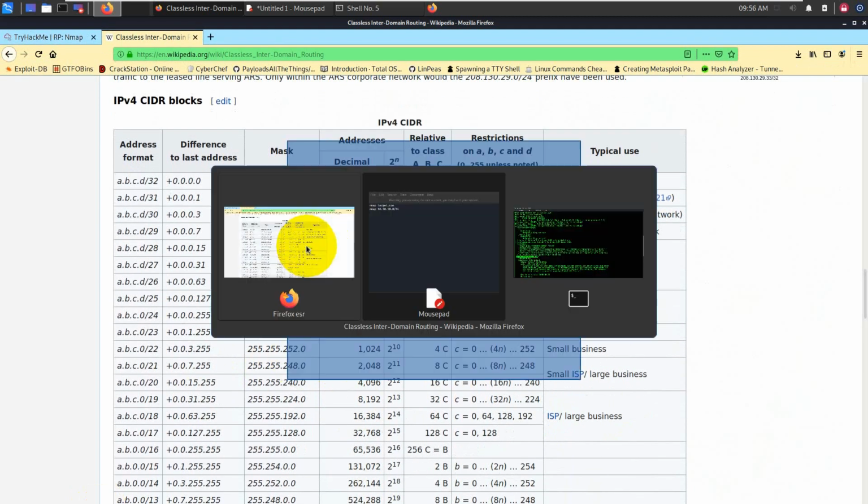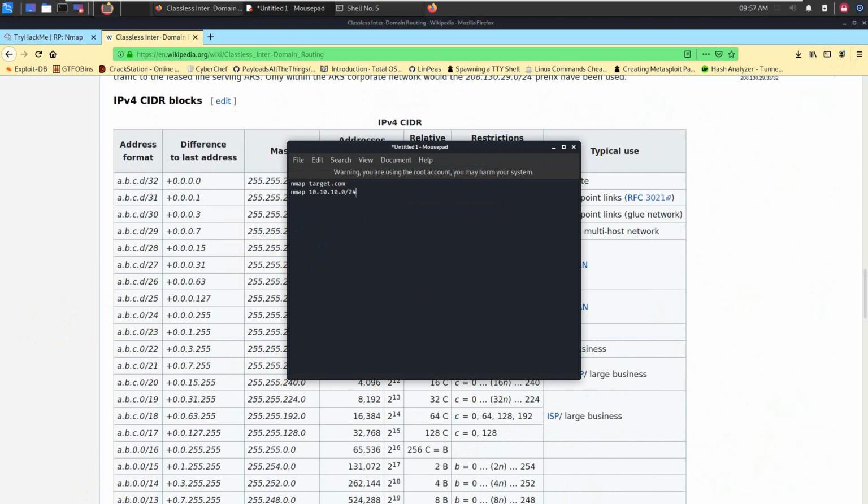So let's go back to our terminal or the text editor. There are also some commonly used nmap scans for a particular range of IP addresses. That can be like, let's say I'm scanning from a 20 to 24 range, like 20, 21, 22, 23. That way I can specify this also. Also, nmap scans the top 1000 ports by default, and we have already seen how we can save the output.